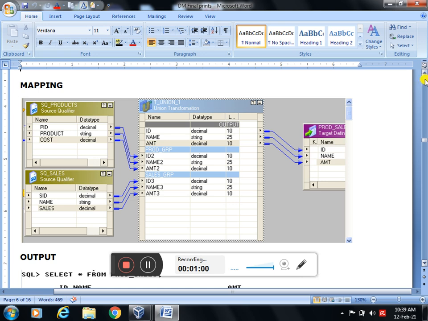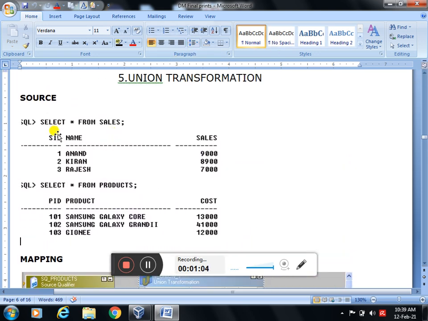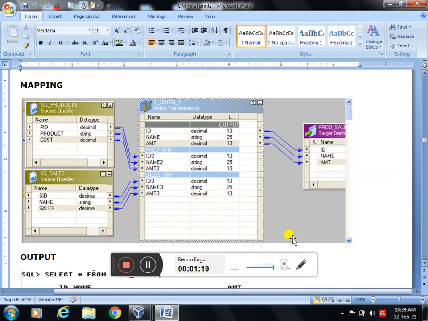Now see what the fields of the tables are. In the sales table we have SID, name, sales. In the second table we have product ID, product name and cost. Here we are pulling all the columns of the first table, the product table, into the union transformation.